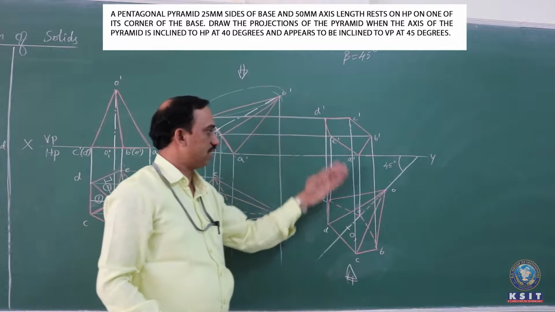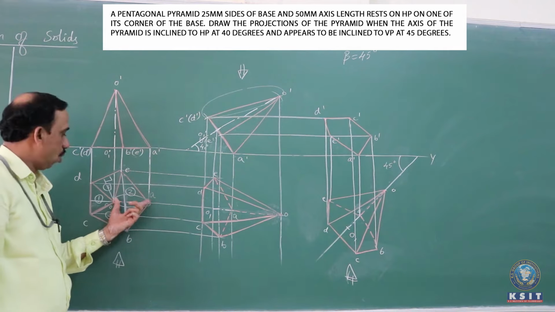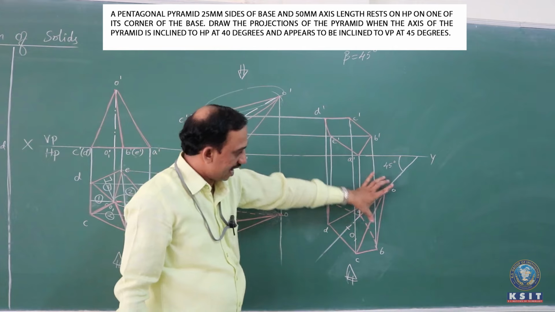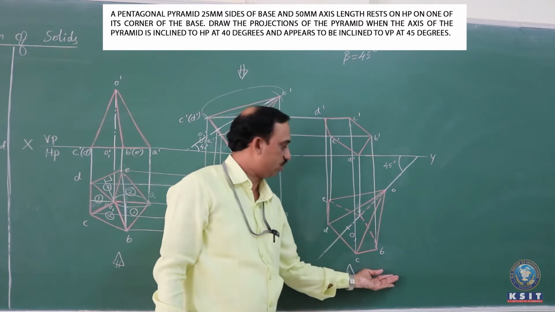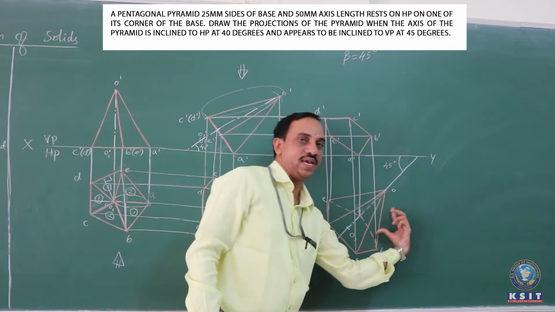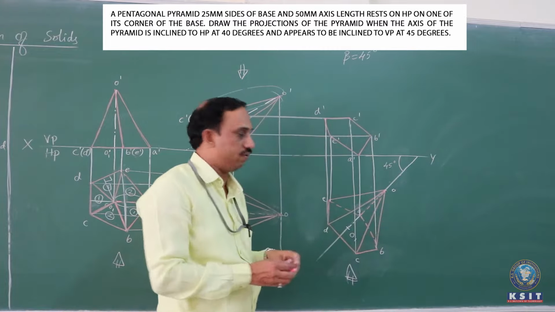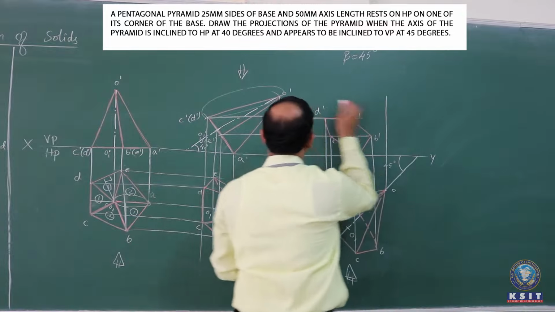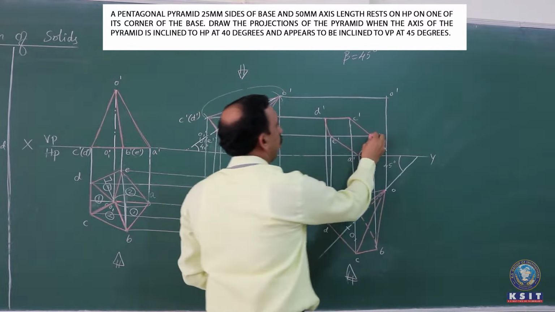After having the pentagonal base face, now concentrate on the slant edges. We have 5 slant edges: OA, OB, OC, OD, OE. Among these 5 slant edges, when the observer sees from the front, the first slant edge is OB, which is nearmost to the observer. Make the first slant edge OB visible. For that, take the projections from O, have a vertical and horizontal. The intersection gives you the point which itself is O dash. Join O to B.